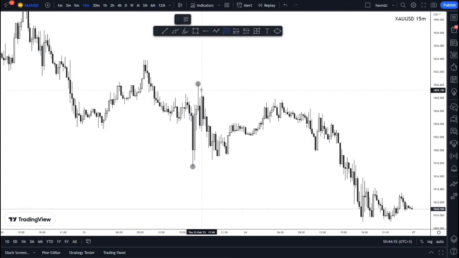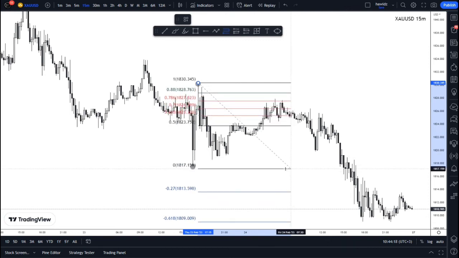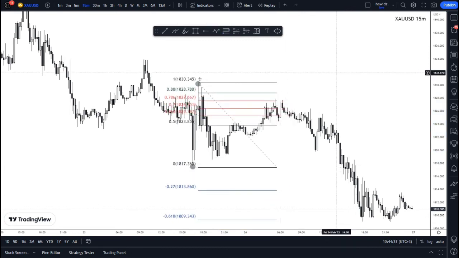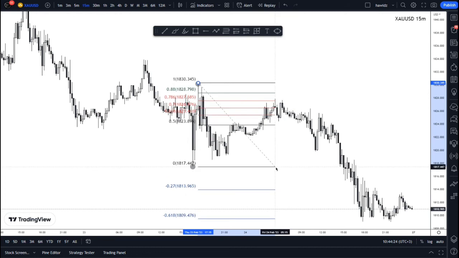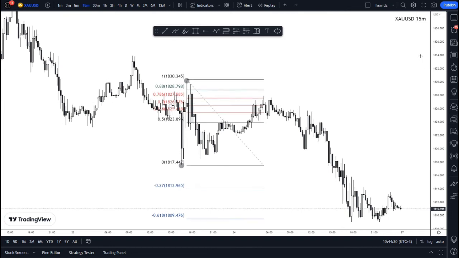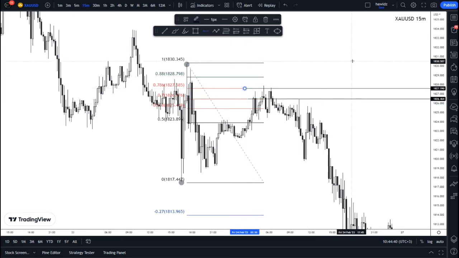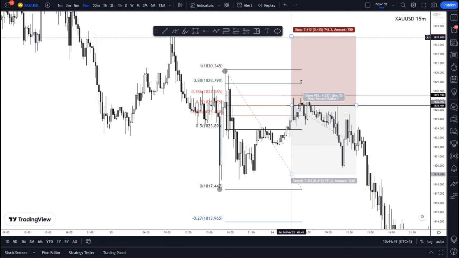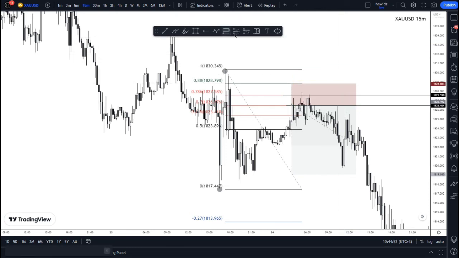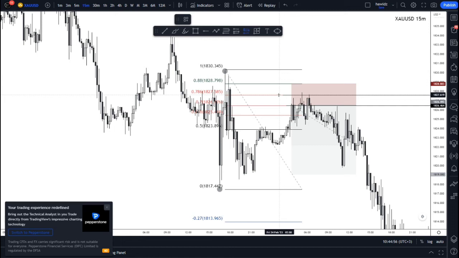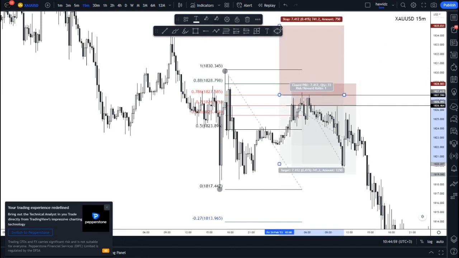Okay, so we're back. So we could just plot a fib tool from that high to that low there. Now look at what happens. So price comes up. Guess what? This is entry line number one and entry line number two, right? The 0.7 and the 0.786, and both their stops lie at the 0.8 level. So boom, we have entry number one there and entry number two here,